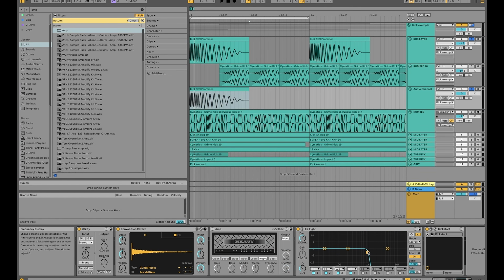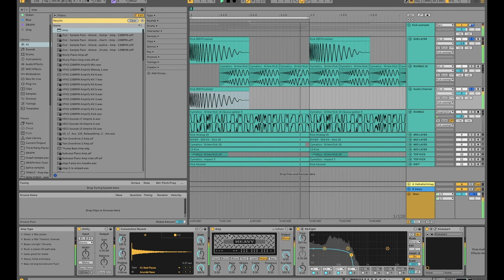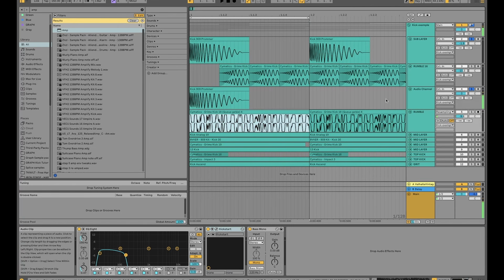And then you can apply, and you see it instantly works. And then you can place your EQ depending on the kind of resonance that you want. So this works also. So for this one, I apply the heavy mode,